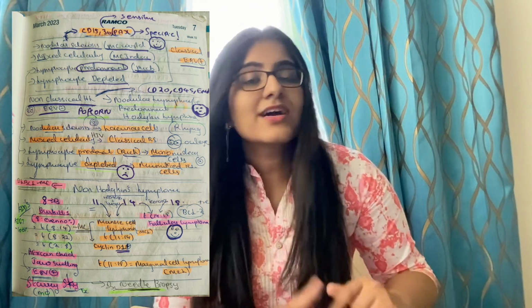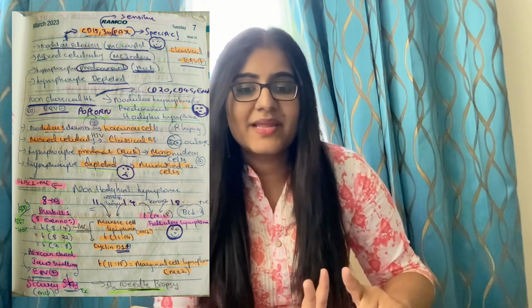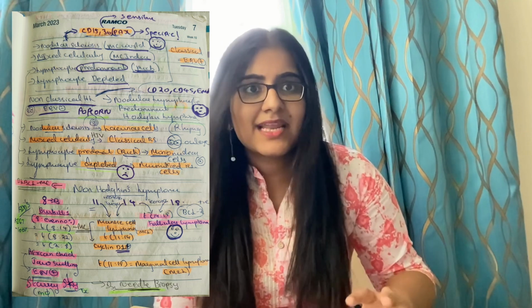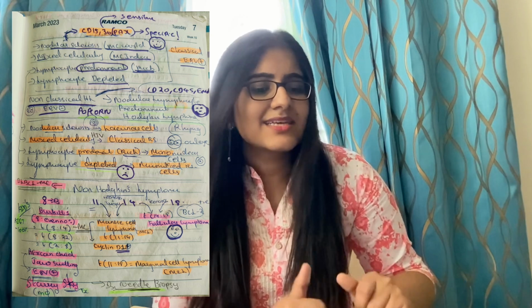And also now when we come to the classical variety, there are 4 types: nodular sclerosis, mixed cellularity, lymphocyte predominant and lymphocyte depleted. Nodular sclerosis is rhyming, nodular with lacunar cells, nodular lacunar cells. Mixed cellularity is the most common in India, and it has the classical Reed-Sternberg cell. Classical Reed-Sternberg cells, how will they look? Owl eye appearance, right? And also you should remember pink eyes.